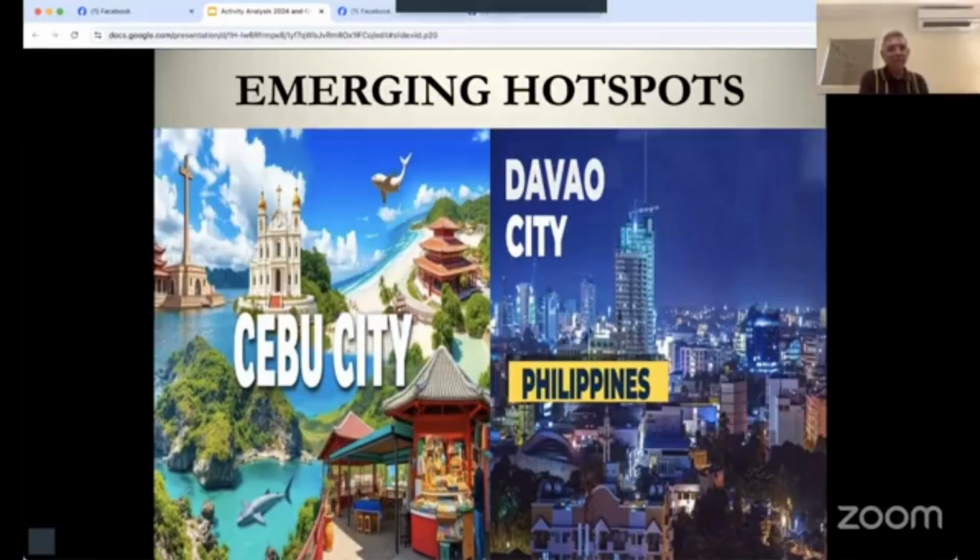Cebu, gosh, and Japanese people sometimes fly in to Cebu and don't even fly to Manila. That's how good Cebu is. I think it's been run very well. In fact, they wanted to be independent from the Philippines, but Cebu boasts of very good infrastructure, good governance, and so much going in there. And it has gone up, but there's so much still, especially with that development of that new bridge, which has